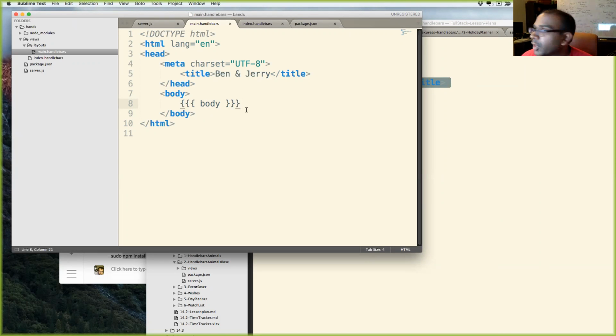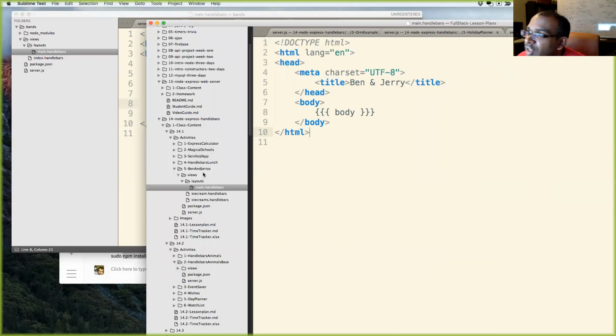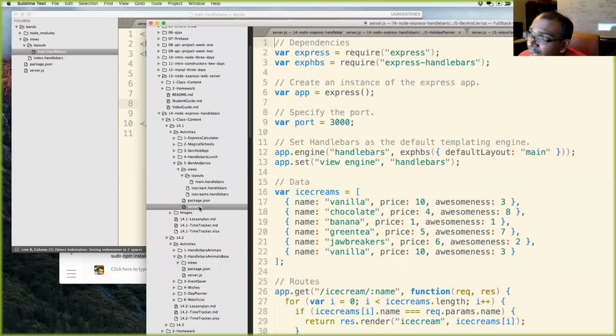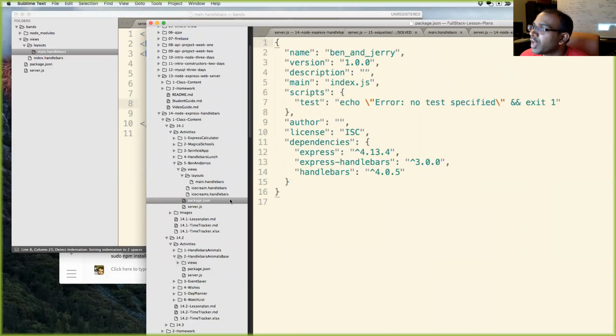Okay, all right. So I'm going to go back to the Ben and Jerry's example. I'm going to go to package.json, and we see I have express-handlebars. I'll install handlebars. I guess they have both of them, so I'll install both. Jared, Christian, do you guys know if I need both? I'm pretty sure you need both. Okay, so I'll install both.